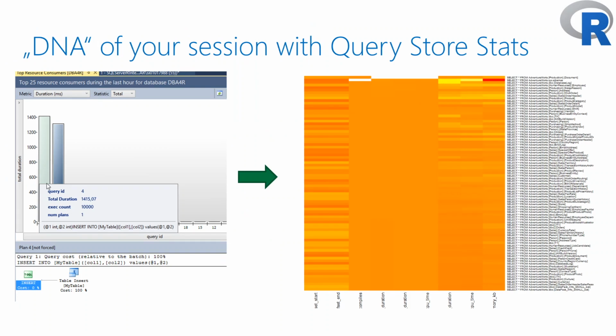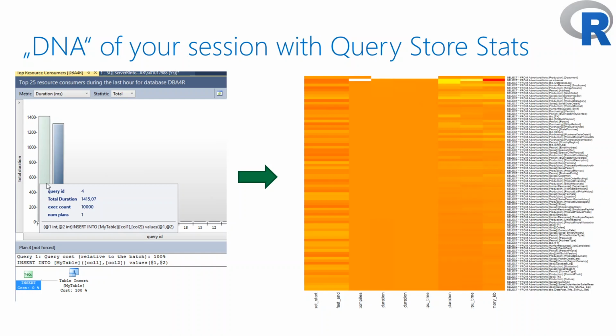You can also do some sort of DNA of your session with Query Store statistics. So this is a heat map representation of, let's say, a lot of selects, in this case fairly simple selects. You get statistics from your Query Store, and you can group those similarities together and understand why a particular table or a particular query was different from the other one.